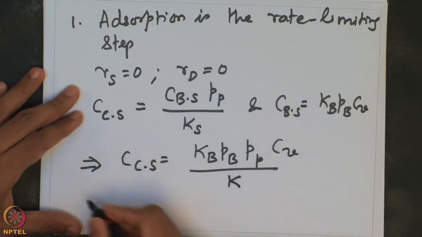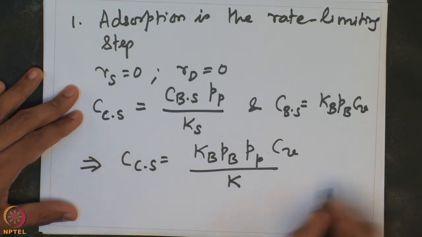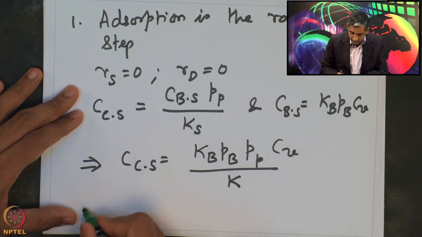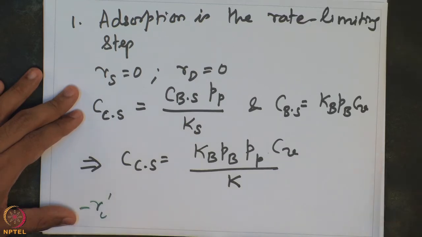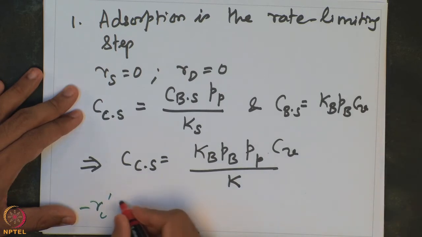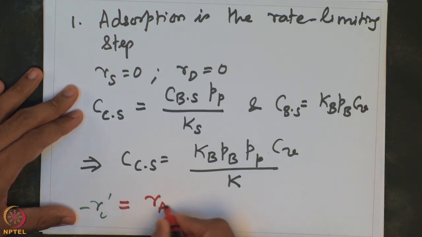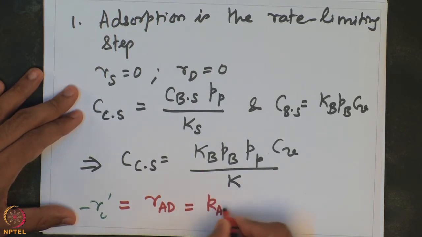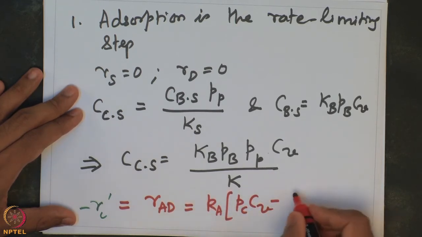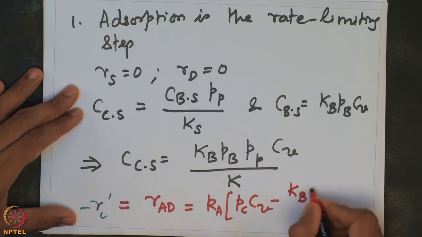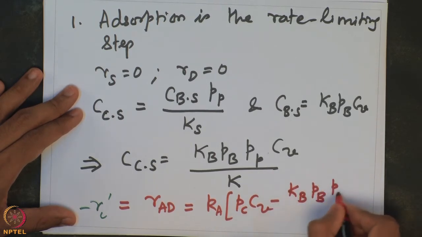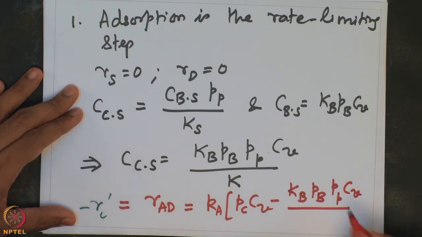Now, if I want to write the overall reaction rate, Rc prime, which is the overall reaction rate with respect to the cumene species, that is essentially given by the adsorption rate of that particular species, and that is equal to Ka into the partial pressure of cumene into vacant sites minus Kb Pb Pp Cv divided by Ks into Kc,